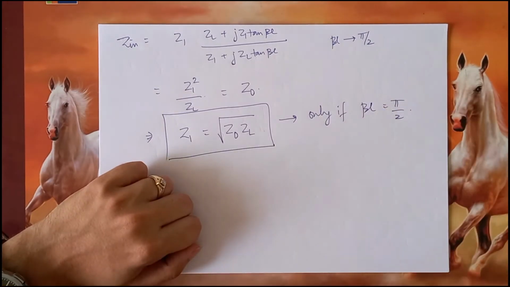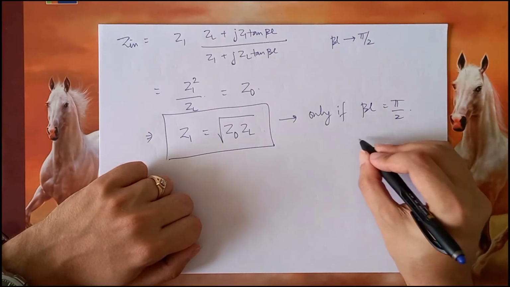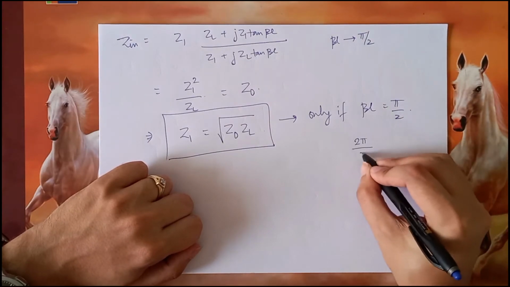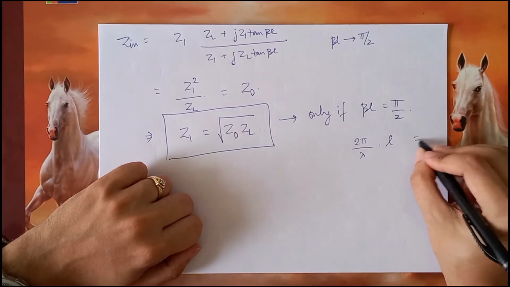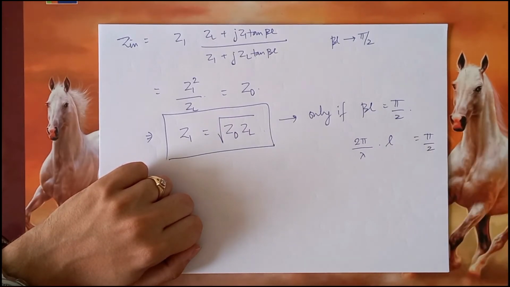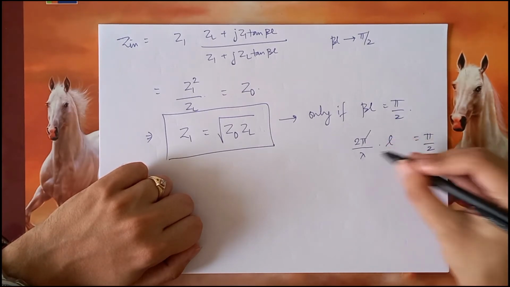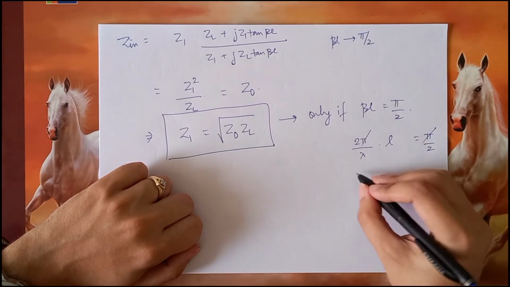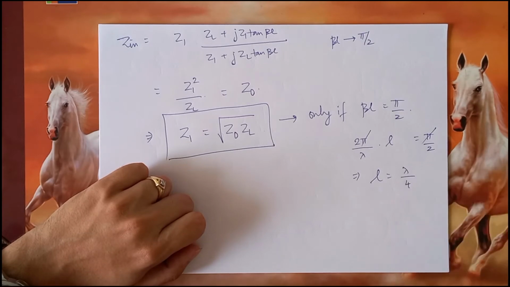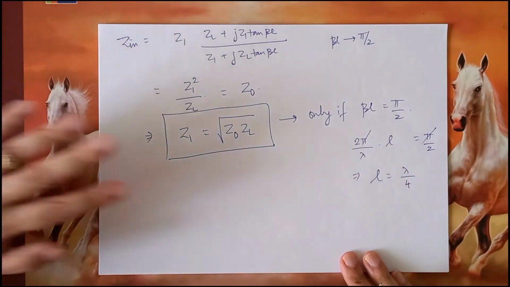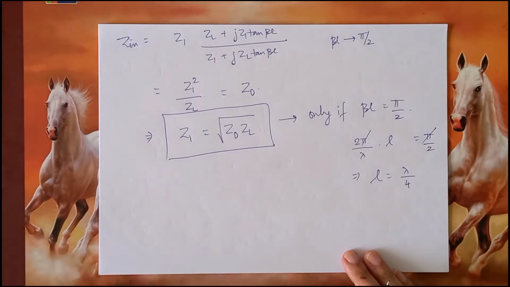So now let us try to write this down in a more rigorous manner. So beta is 2 pi by lambda times L, that is pi by 2. Now let us see then what the length of this line should be. The length of this line, this 2 will cancel. The length will be nothing but lambda by 4, where lambda is the wavelength of the wave that is traveling